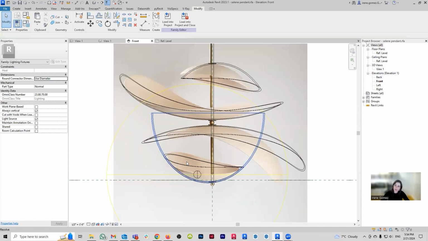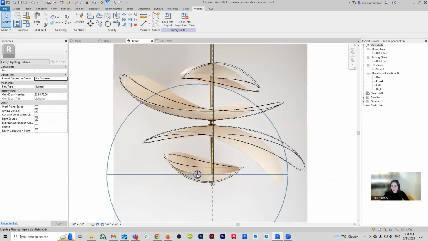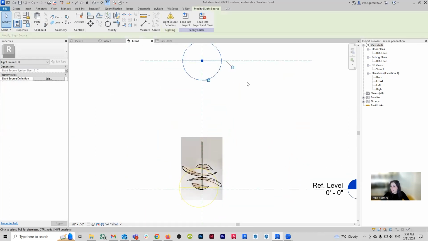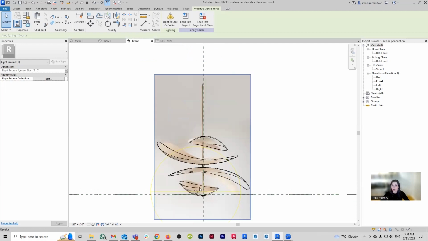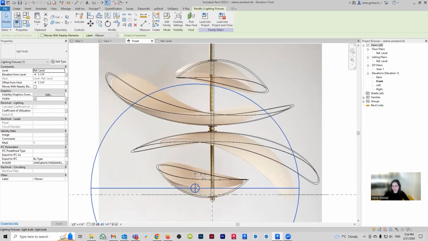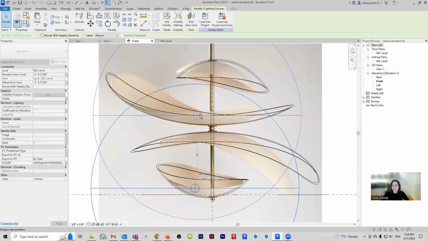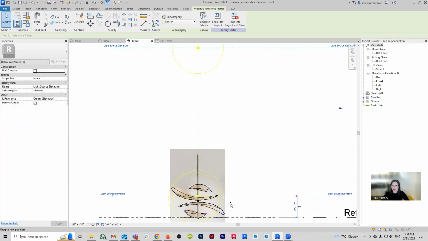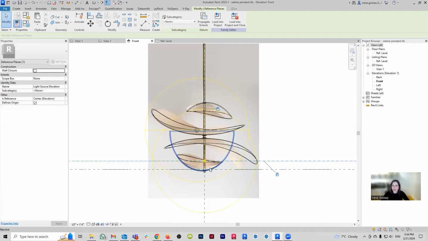And now I have two options here. Option one would be that I just copy this one here and then I put it here. Now the problem with this option is that we still have a second light source that we need to take care of. So what I like to recommend in this case, because we only have two light sources, is that I'm actually going to bring this one down, and this is going to be my second light fixture.